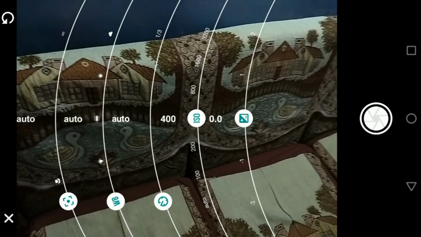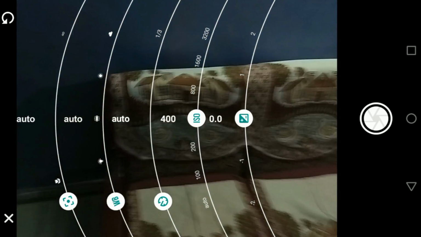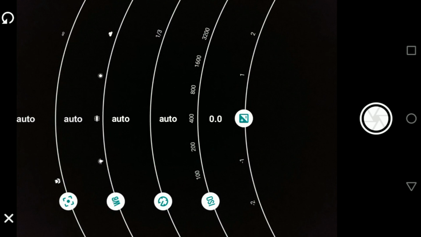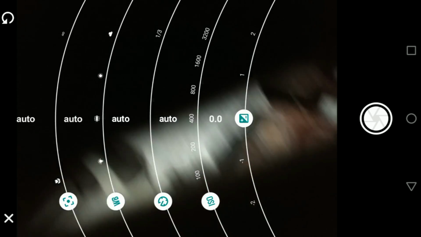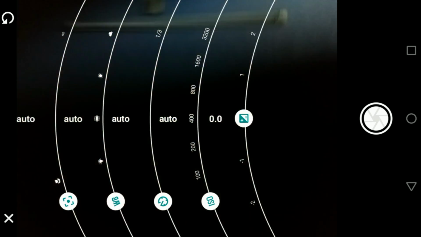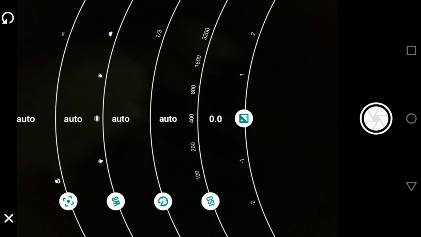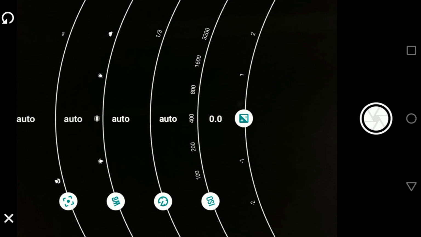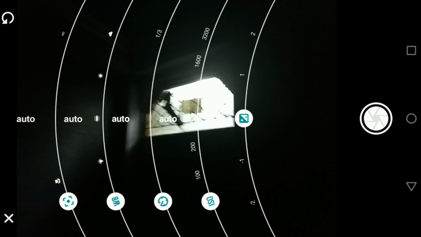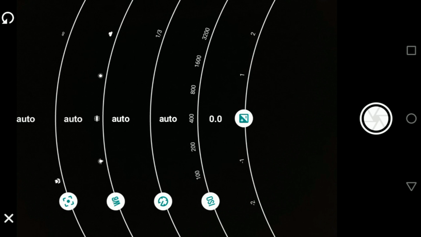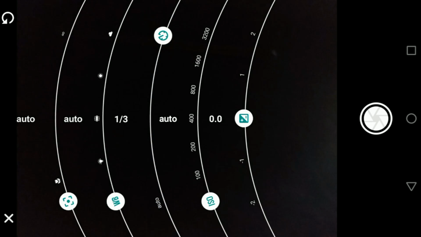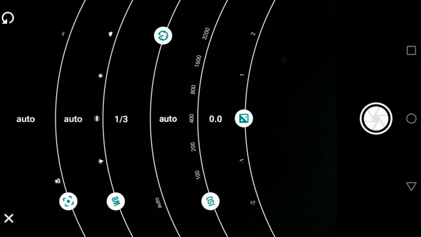Now see, guys, what I'm doing: let me decrease the light. Now you can see that there is only a small opening in the room, and all the rest of the light has been decreased. If you want a very good image out of this, I want my camera lens to be open for much more time, so I'm increasing it to the highest value. Then I want my sensor to be much more light sensitive, so I'm increasing that to a higher value. Now guys, you can see